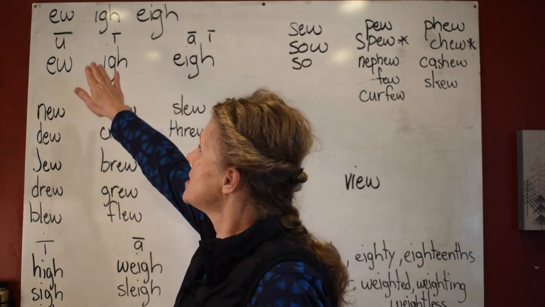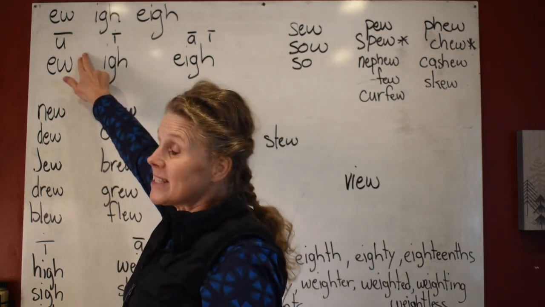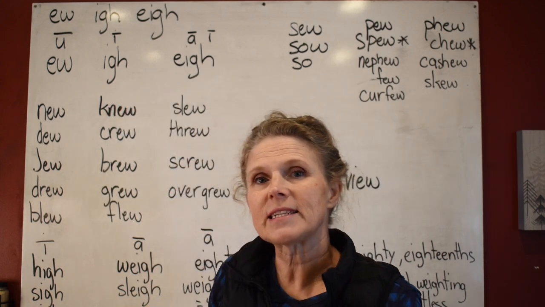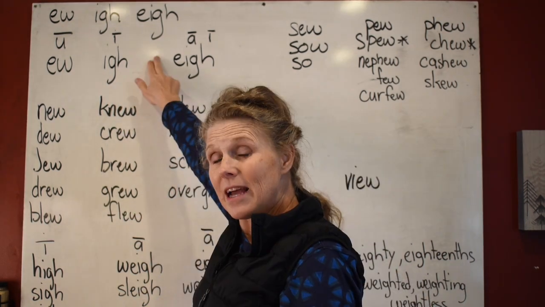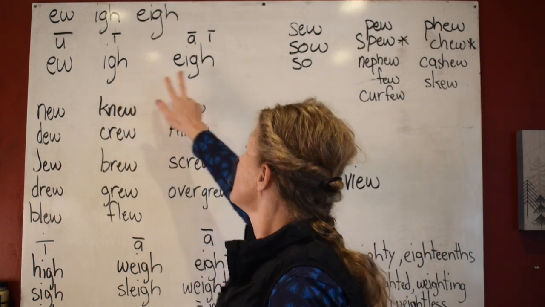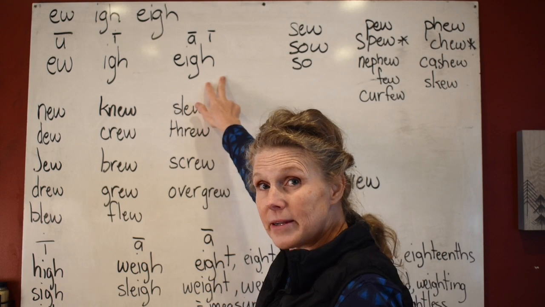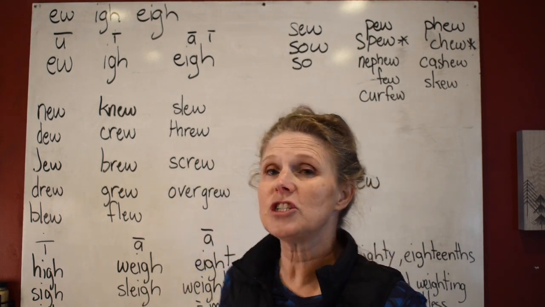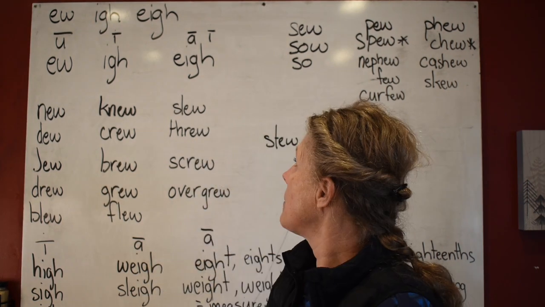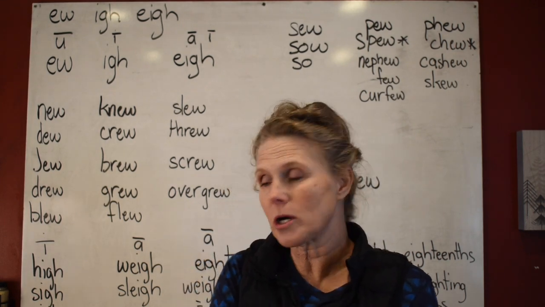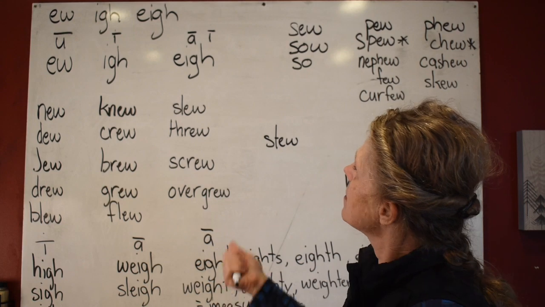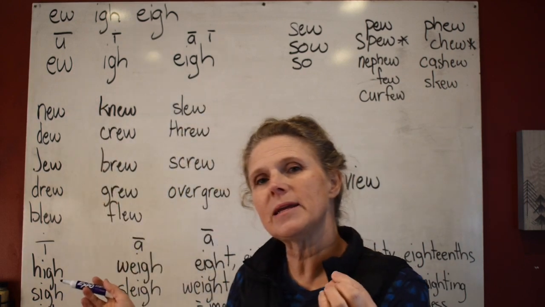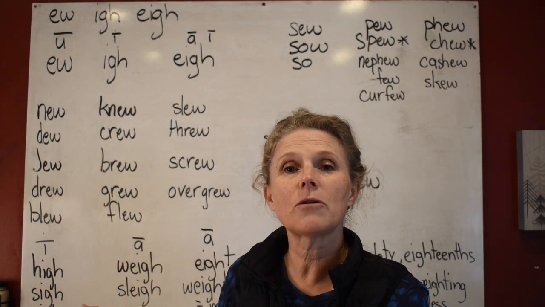Now, the vowel team EW, which says the long U sound, the IGH, which says the long I sound, and EIGH, that says long A. It's right here. Especially the IGH and EIGH, they should be memorized, but it's super important that you understand the long sound. Now, when I say the long sound, that means it's going to be the sound of the name